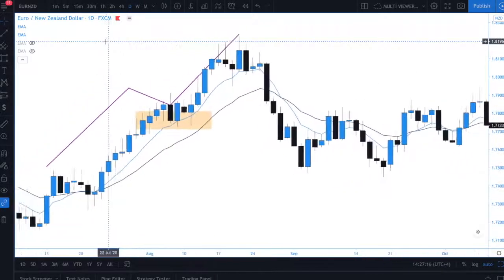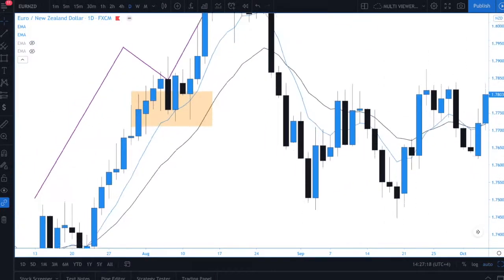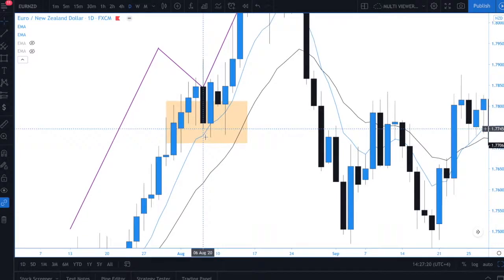And if I just zoom in, what you can see is that we pretty much rejected these EMAs to absolute perfection. Once on the 7th of August, once on the 11th of August. So they can be very useful and very